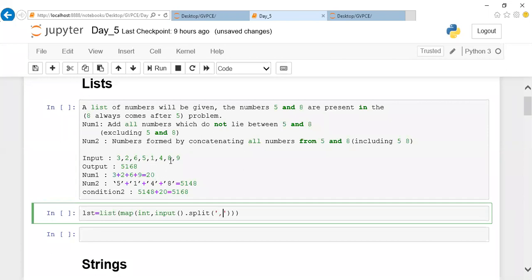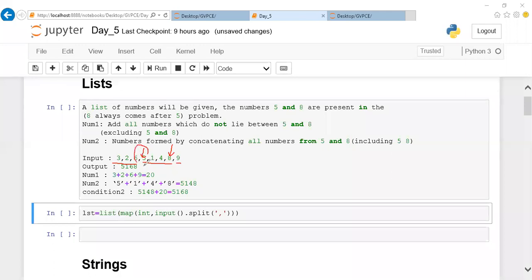After this, what are you supposed to do? This question is based on the occurrence of 8 and 5. Wherever 8 and 5 occur, based on these numbers I should take a range, including or excluding them. This is the condition they have given. So first I should find the index position of this 5 and the index position of this 8. If I find this, then I can take the values in the index range from this to this, and exclude this range. So I can do it like this, right?